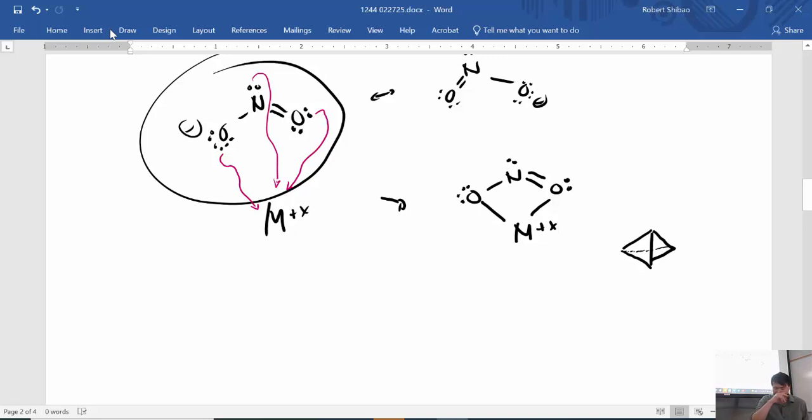So that means nitrite should be a monodentate ligand. And nitrite, oddly enough, you'd think this nitrogen is not very good, but this nitrogen is very good at binding. And one of the things that helps,